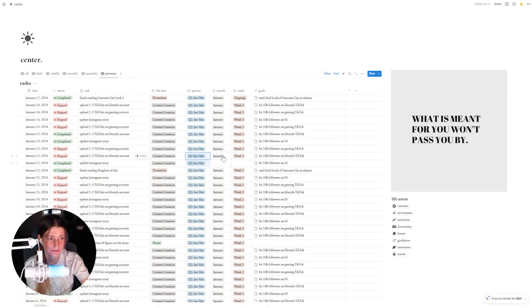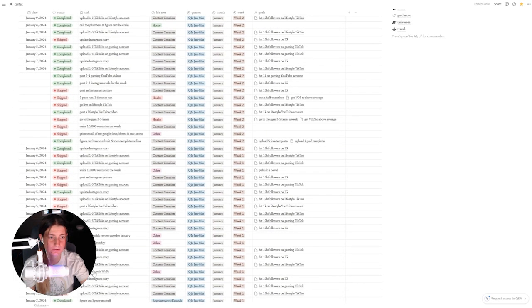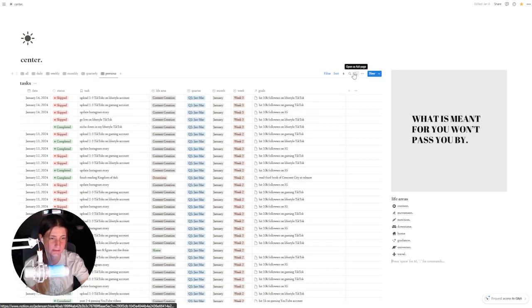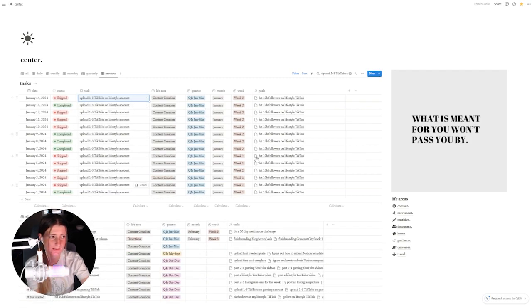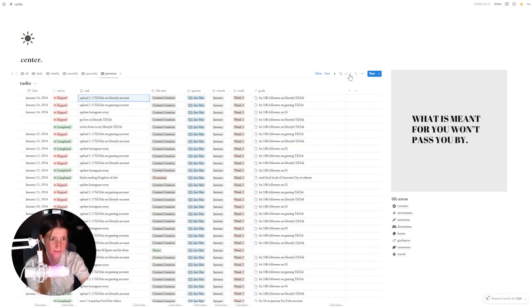Usually the only thing I do when I come in here is just fill in the gaps. The reason why I keep this one is because say I want to see how many times I did this goal. And this is one of my daily goals, so I can see how many times have I been doing this. Well, it looks like I've only done it 5 out of 14 days, so that's not super good.